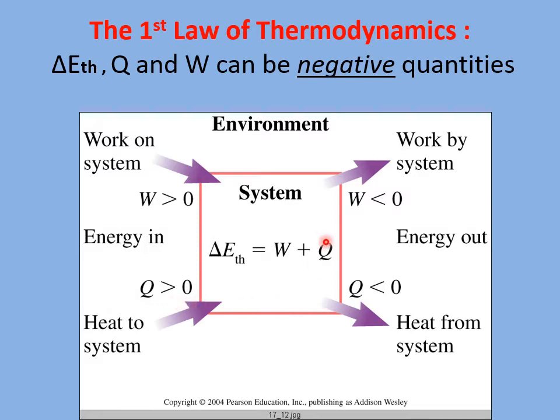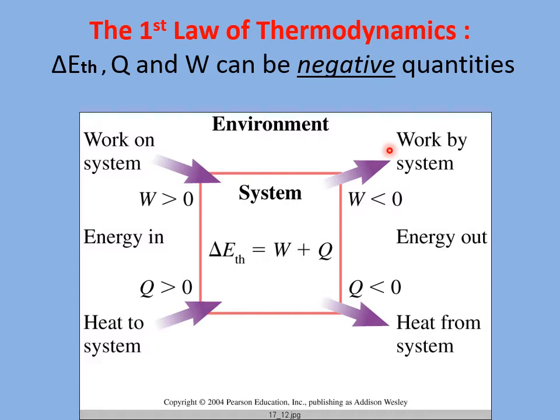However, we can also take energy away from the system. That's over here on the right side. This is energy out. See the purple arrow here representing energy leaving the system. So how do we get energy to leave the system? We can have the work be negative. Now, what does that mean? Well, that occurs when work is done by the system,